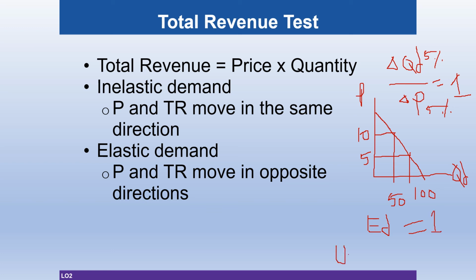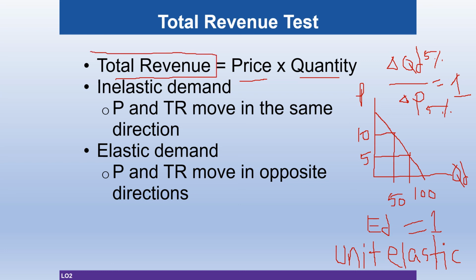Unit elastic. So if you happen to find yourself selling a product that has unit elasticity, then changing price will not increase or decrease your revenue, right? Looks like whether you sell it at $10 a piece or $5 a piece doesn't matter. Your cash register will have, in this case, the same $500. So whatever the price is, your total revenue will be the same if you are selling a unit elastic kind of product.